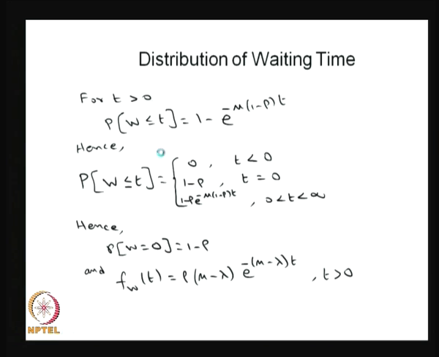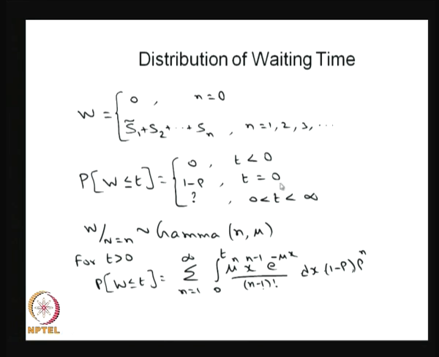Therefore, the CDF at 0 is the same as 1 minus rho, that is pi naught. Between the interval 0 to infinity, we have to find out the distribution of W. Whenever n customers before you join in the system, that conditional distribution, the distribution of W given the number of customers in the system is n,